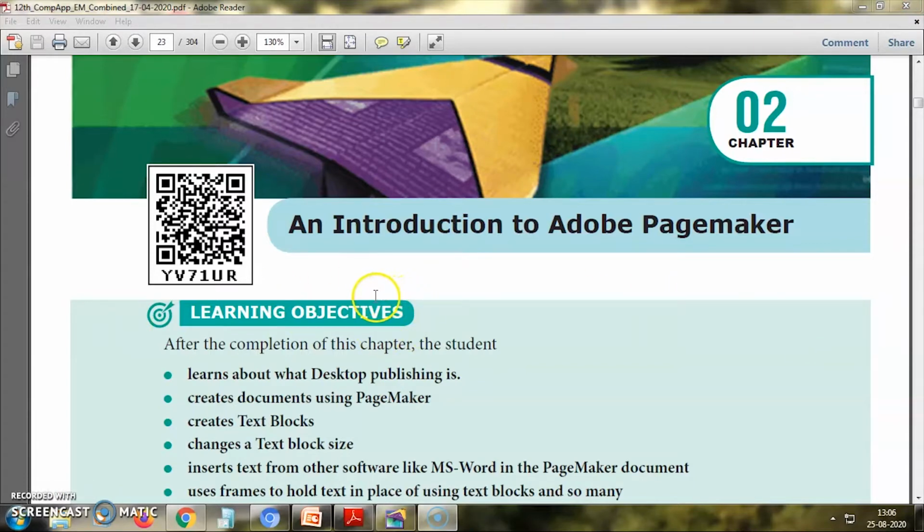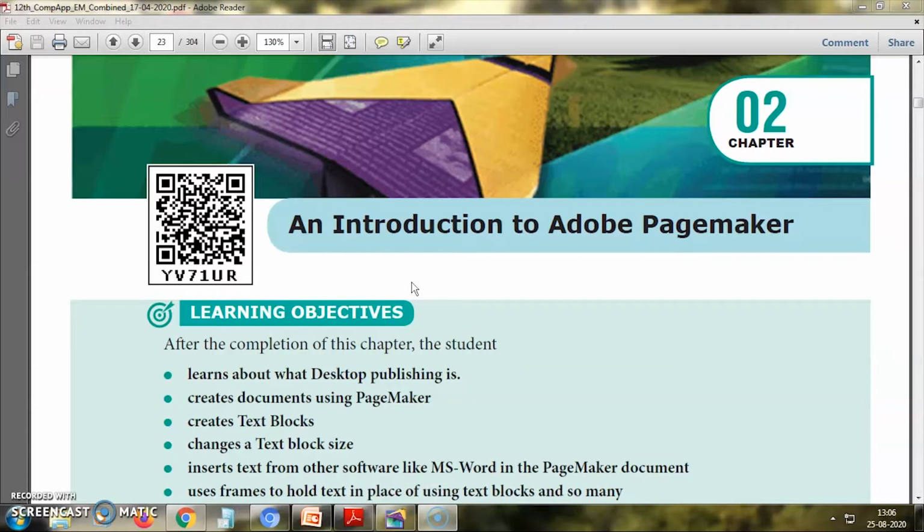Whatever question is asked from this Adobe PageMaker, you can write it very clearly if you know the process of creating it. If you have practiced this PageMaker in your system, it will be very easy for you. If you click the file menu, it will open. If you click close, it will save. If you drag, it will create a tool. Like that only, it will create a shape. Like that only you are going to learn. It will be very easy for you. Let us get into it.